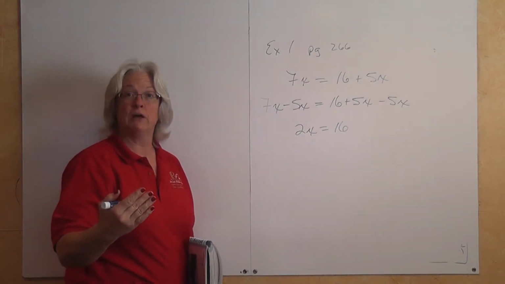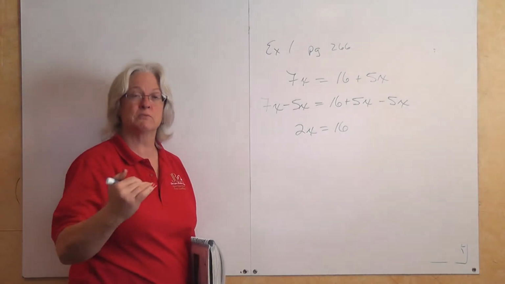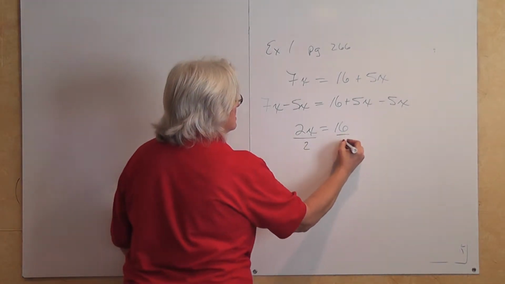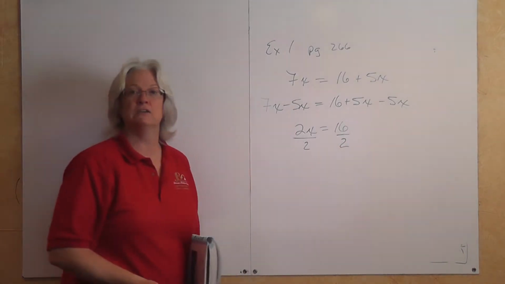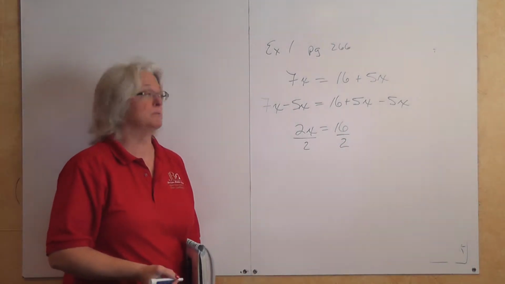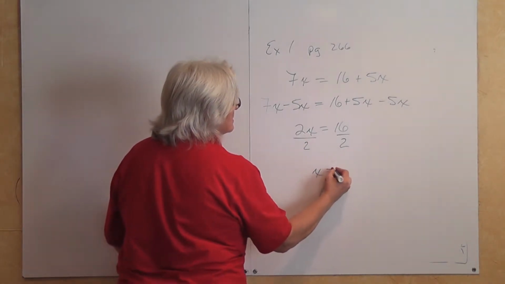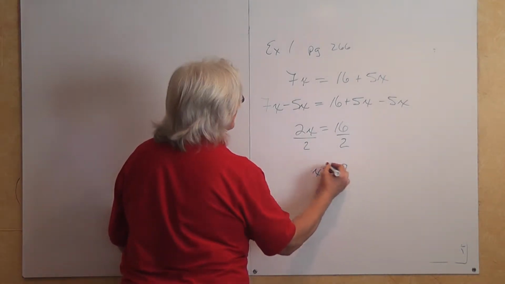X has been multiplied by 2. The inverse of multiplication is division. So we are going to divide both sides of that equation by 2. 2 divided by 2 is 1. We have x is equal to 16 divided by 2